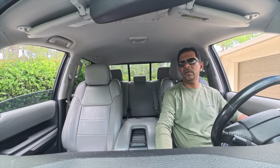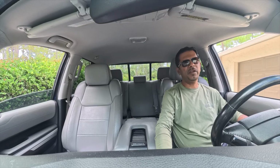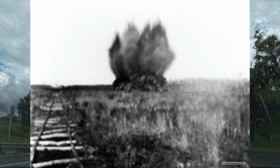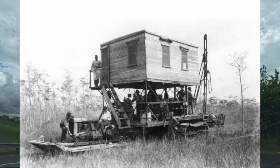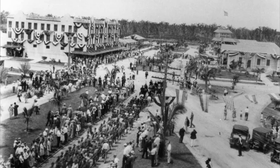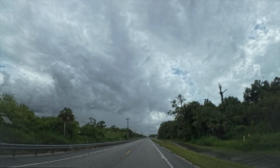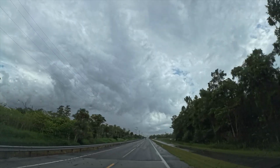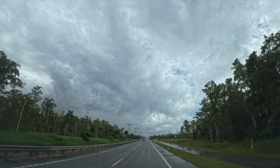Hi there. I'm getting ready to take a drive on the scenic Tamiami Trail towards Miami. You will see beautiful Everglades on the left and right of me. Construction of this highway started in 1915 and was officially done and opened in 1928. It was a massive project right through the middle of the Everglades. So you're seeing Everglades on the left and right of me,